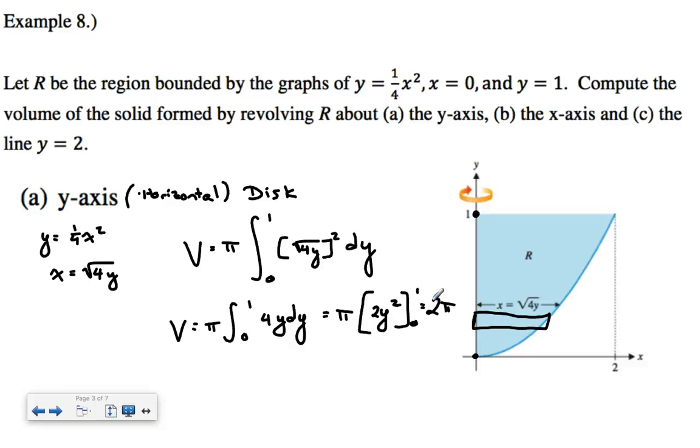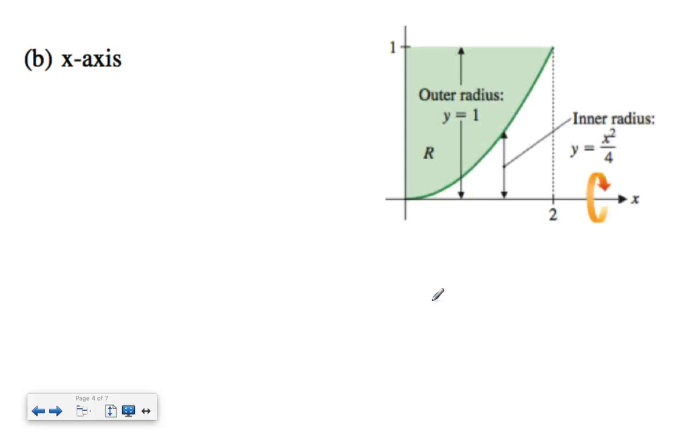So we flipped it, and then we solved for x, and we found new limits of integration. Let's take a look at one that actually does use a washer. So we'll use this same graph with same equations, going back to y equals 1/4 x squared, and use the same region, but now we're going to take it and we're going to flip it over the x-axis. So it's going to look like that. Okay. And when I take this and I flip it over the x-axis, I should realize that if this is going to be my representative rectangle, and I'll use a vertical again,